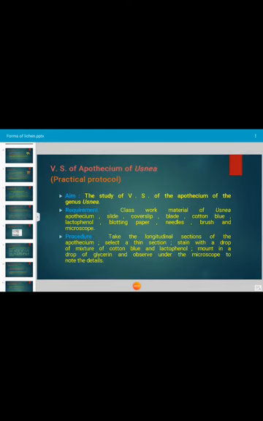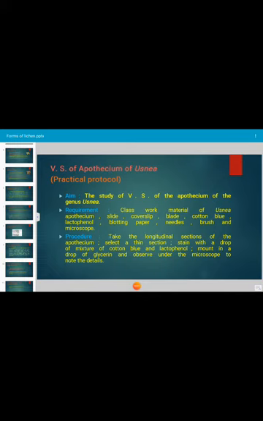Let us see the vertical section of apothecium. Apothecium is a fruiting body which is produced by the fruticose type of lichen. Here we have taken a sample of Usnea apothecium, and let us see the details of the vertical section of apothecium. During practical, what we require for the study of vertical section of apothecium is class work material of Usnea which is having apothecia, slide, cover slip, blade, cotton blue, lactophenol, blotting paper, needles, brush and microscope.